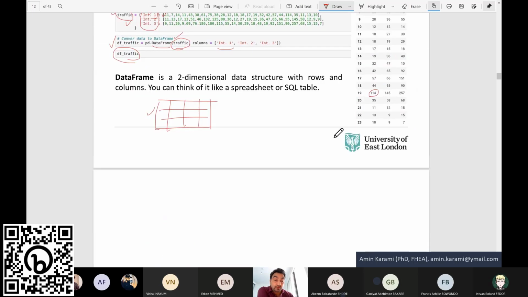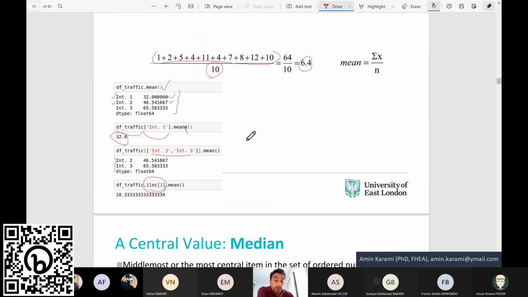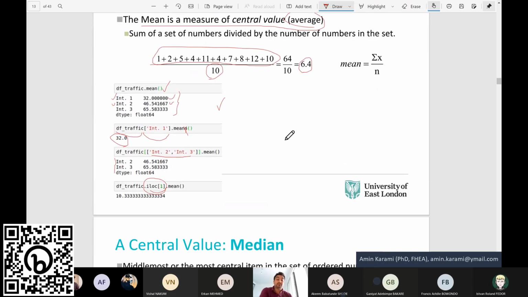So how to do so? You have to use index 1. So in this way you can do column calculations, and with iLoc you can do row calculations. Column, why is it really bad handwriting? Oh my god. Okay, no worries. Column. So using iLoc, which means index location, for row calculation, and then dot mean is going to calculate